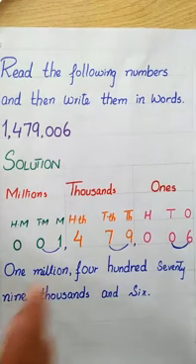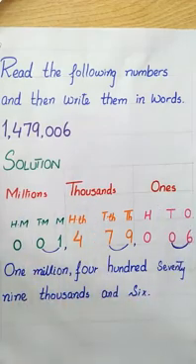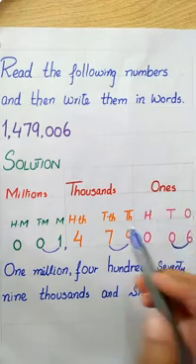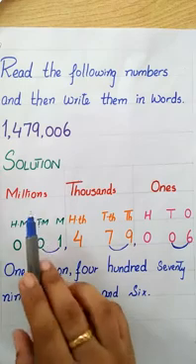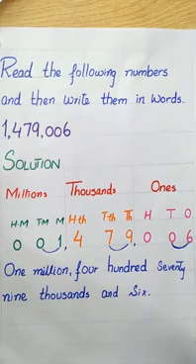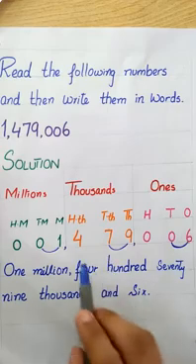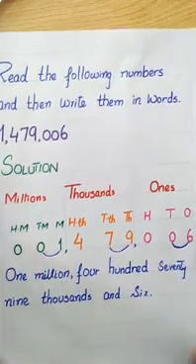There's numbers. अब हम यहाँ पर with the family names अपने houses बनाएंगे. First house is ones family: ones, tens, hundreds. Second one is thousands family: thousands, 10,000, 100,000. And the last one is millions family: millions, 10 millions, 100 millions. There are 3 families. So mention the numbers below the place values. हमने place values के नीचे उसी के exact numbers लिख लिए. अब how to write them in words?